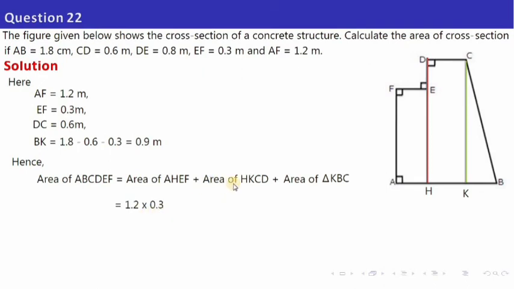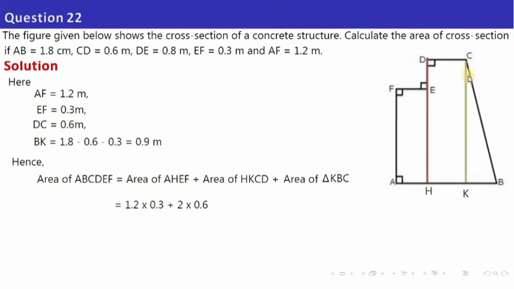Plus we have this rectangle. Now all of you know this is 0.6, isn't it? And how much is this? See here carefully, this is given to be 1.2, and DE is given to be 0.8. So 1.2 plus 0.8 is 2. So this length becomes 2, and the breadth is 0.6. So you have 2 into 0.6 plus